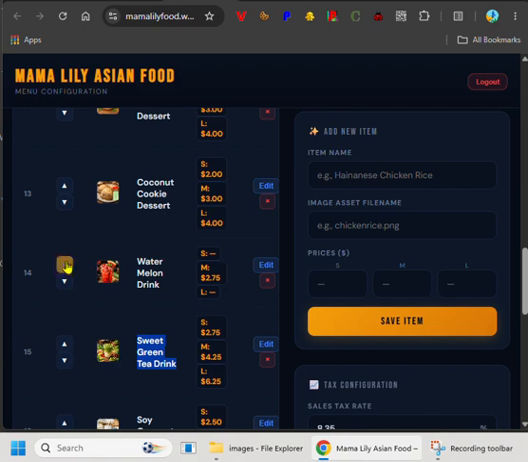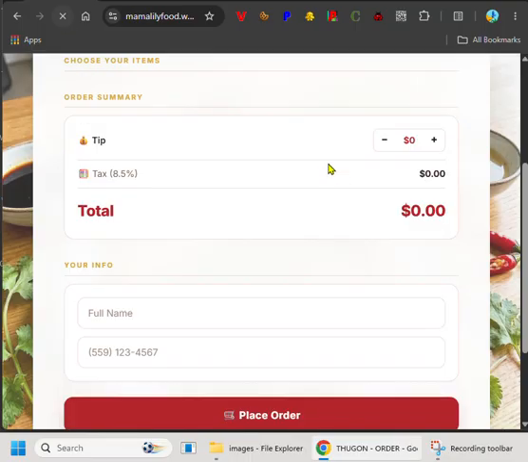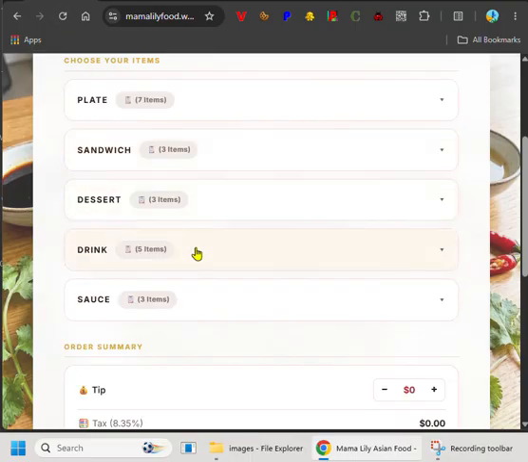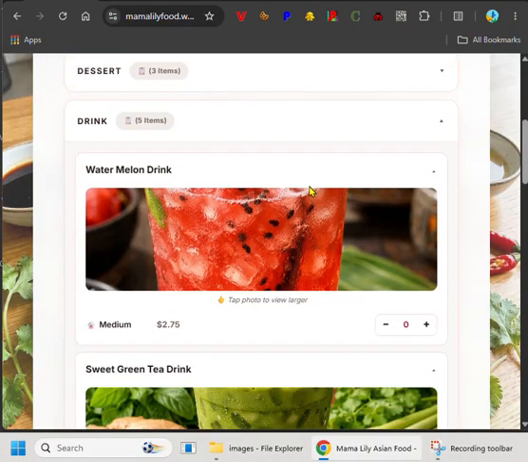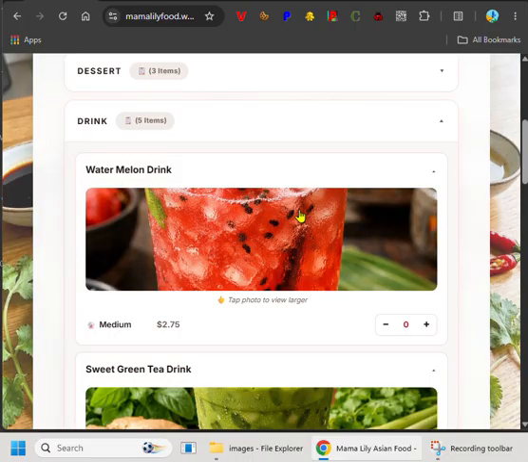Okay, so it's going to show up. This is a new product, and that's the very first thing that we want our customers to see when they navigate into the drink category. Okay, we're going to go back to our menu here. Let's refresh. Let's go into the drink category now, and you see the very first item that is listed is the watermelon drink now. Click on that, you see the full image here. Okay, so that's how you will organize your